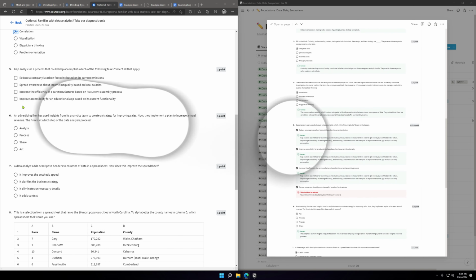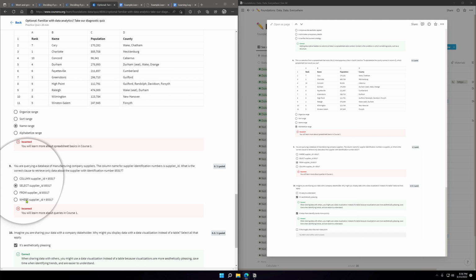and this. Okay, so serious name. Okay, so it's not this. So it's not select. It's not from. Then it's where, maybe, is the right answer. So it's not name and it's not alphabetize. Okay.